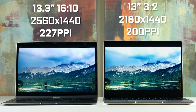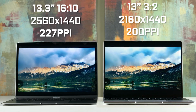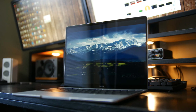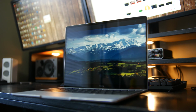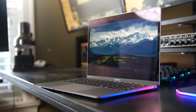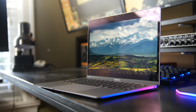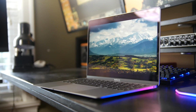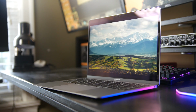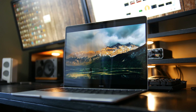PPI count of about 227 versus 2160 by 1440, giving you a PPI count of about 200. Both have a fairly glossy screen, but they're relatively bright. The Huawei is rated at around 300 nits, and you're looking at about 230 nits on the MacBook Air. In most super brightly lit conditions, these displays can be overwhelmed, especially outdoors. It could be tough, but the Huawei is slightly brighter and it has a little bit higher contrast